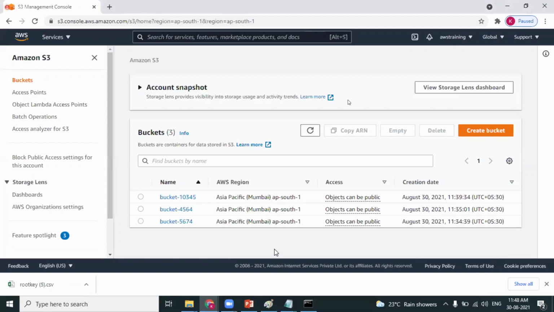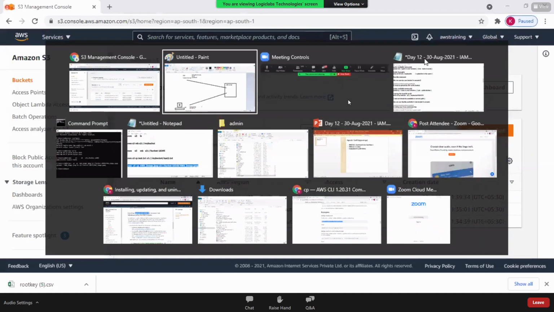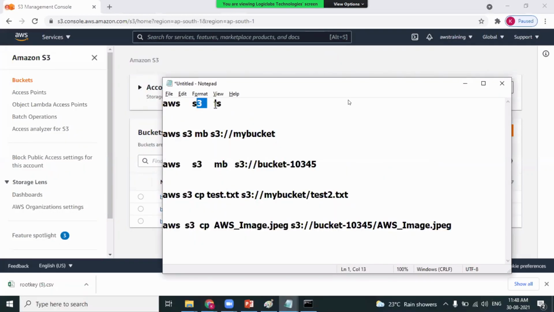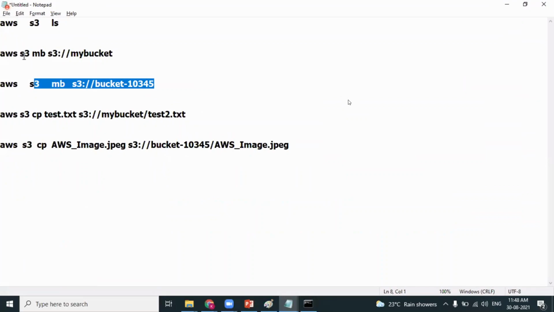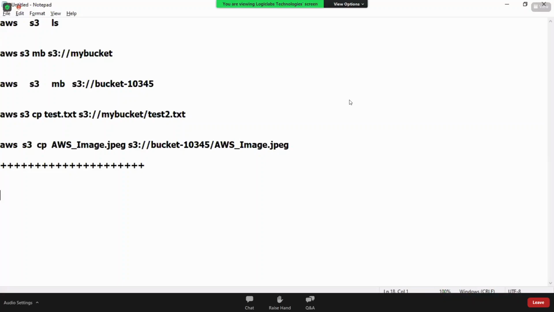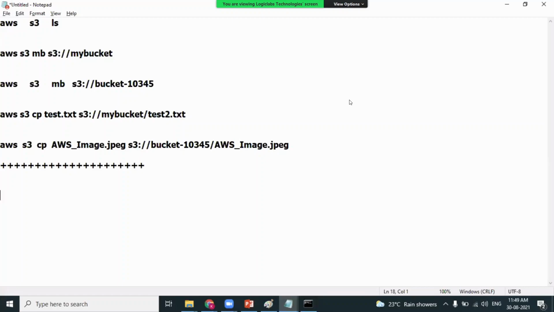So we have experienced the command line interface. Now tell me, we have executed some commands. We have learned how to list all the buckets. We have learned how to create a new bucket. We also have learned how to upload objects. So using the command line interface, we are dealing with S3 only. Can't we deal with identity and access management? Can we create a user from the command line? We have seen how to create an IAM user from the console access, but my point is, can we create a user from the command line?